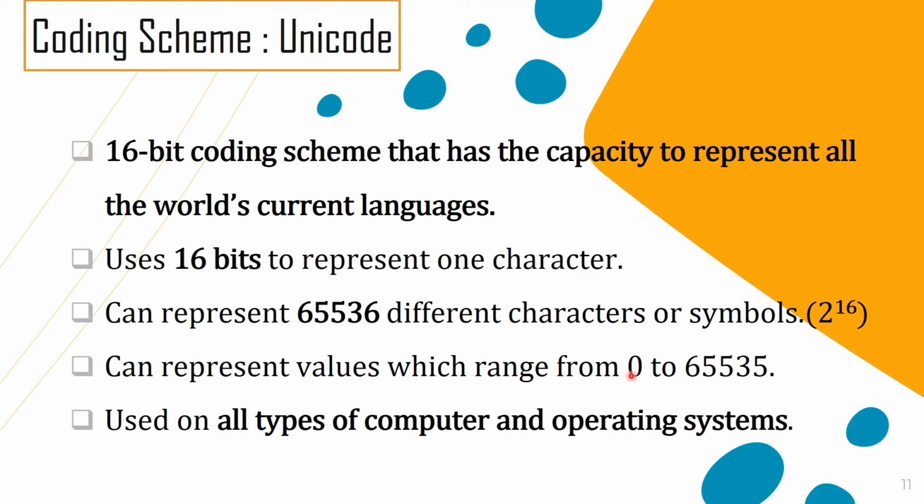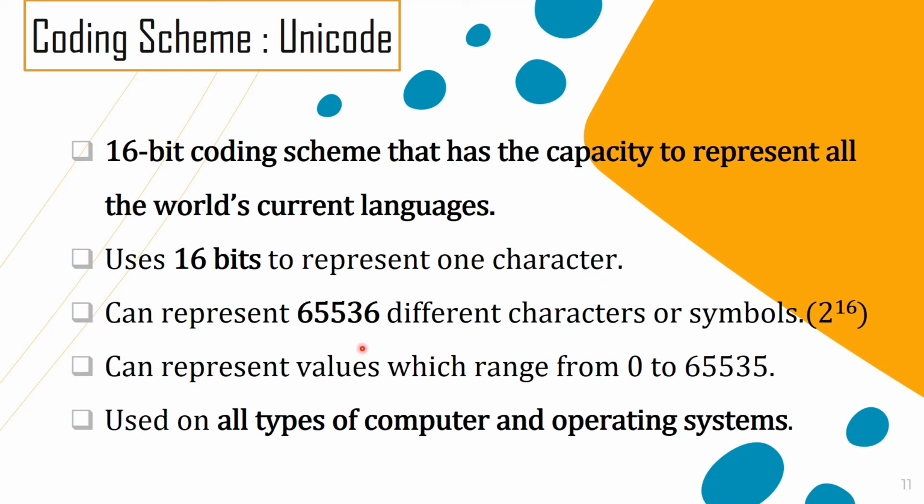Next, let's look at the last coding scheme that you should know. That is Unicode. Unicode is a 16-bit coding scheme that has the capacity to represent all the world's current languages. Why it can cover all the world's current language? European and Asian languages. Because of this, Unicode uses 16 bits to represent one character,